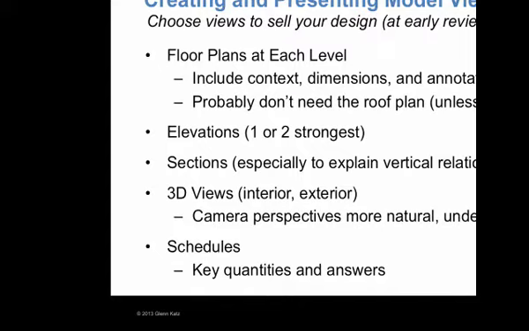for these early things, the temptation is to say that since you have a model and you can create views very, very easily, then I'm going to put 100 different views of the building on the plans, but you really don't want to do that. If you put too much information on the sheets, what happens is you actually sort of distract from your story. So it's really better to think about the 1 or 2 views that really explain your design vision the most strongly and place those on the sheets and really leave some of the rest of it